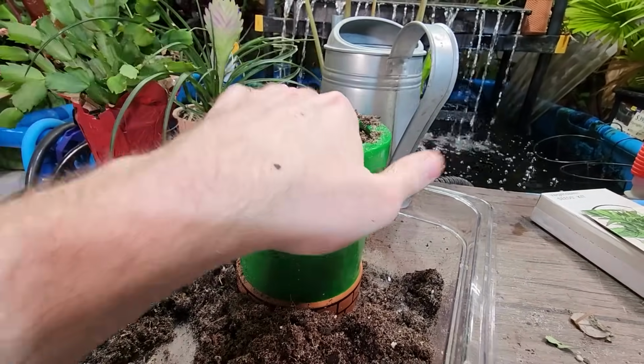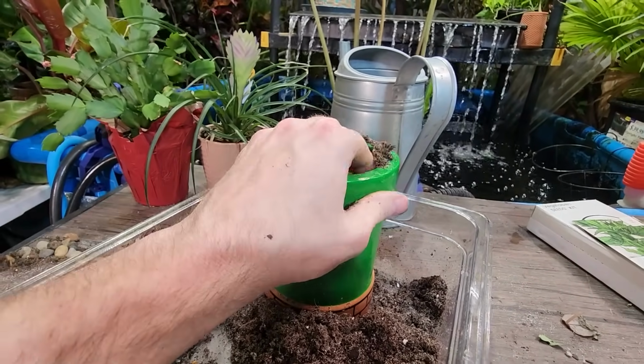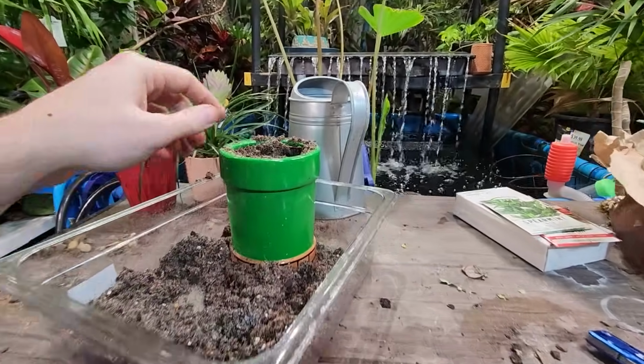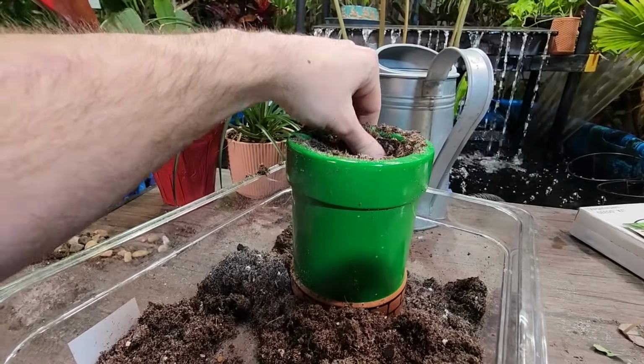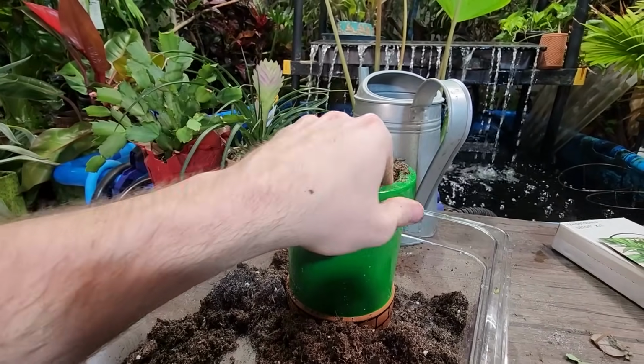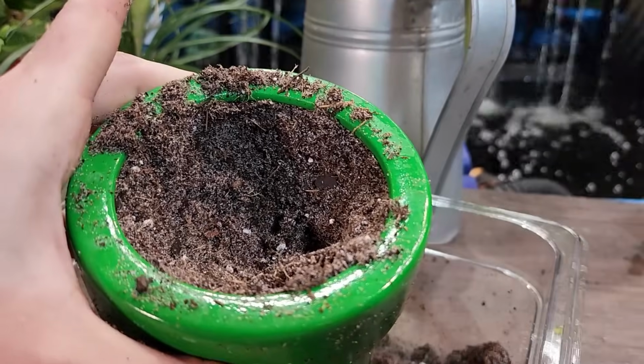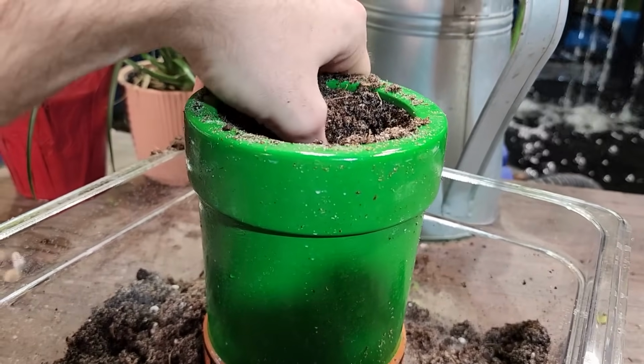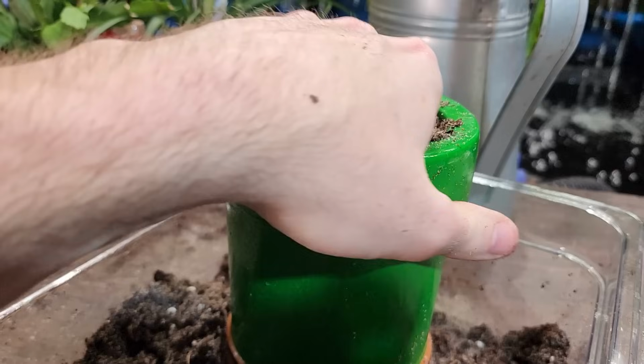I try and get that soil up into the lip. I have some more decorative stone that I maybe could have used in this. It doesn't need it. This is going to drain just fine. I need to stop obsessing over the stone. It really doesn't matter. That looks pretty good. Need to have a nice sized well in here to go ahead and get that third ball down into, I guess,